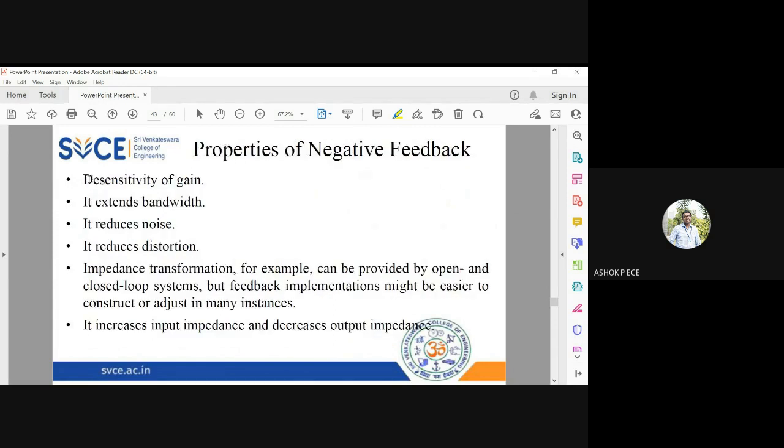The properties of negative feedback: the gain variation is very less. Bandwidth extension is very good. It reduces noise, reduces distortion. Impedance transformation is perfect. Since impedance transformation is there, my input impedance will increase and the output impedance will decrease, which will efficiently improve the power transfer characteristics of my complete